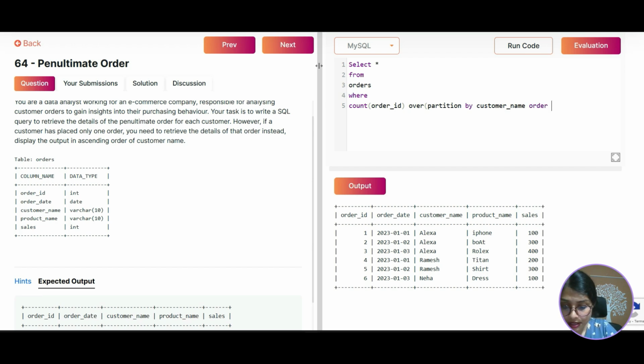Order by order date, ASC. Order ID over minus rank or dense rank. Let's give a dense rank